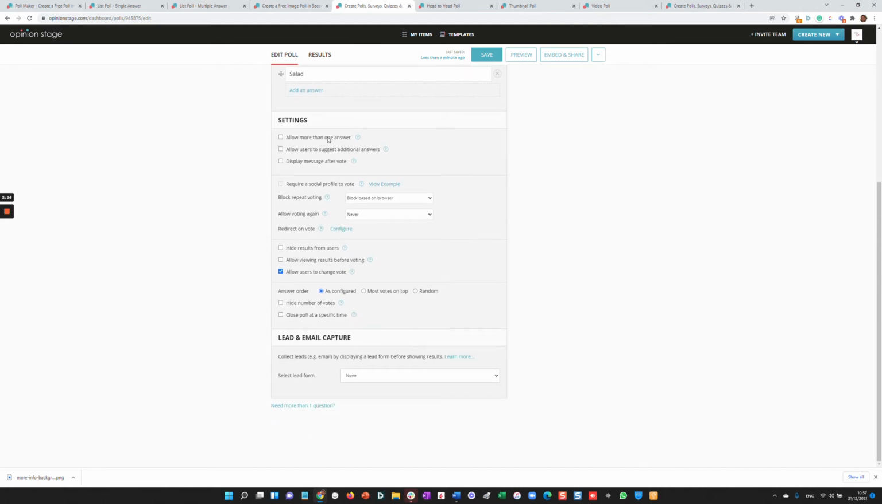You can allow more than one answer for the user. You can allow the user to suggest additional answers. You can display a message after the vote, a thank you message or any other message. You can block repeat voting based on browser, based on IP, require a social profile to vote. You can redirect and vote based on the vote the user did. You can hide the results for the users or show them, allow viewing the results before voting, allow changing the